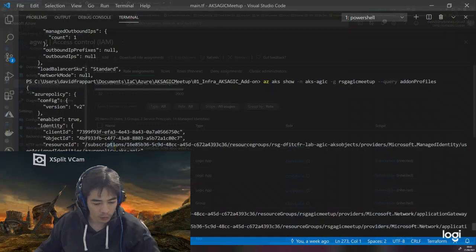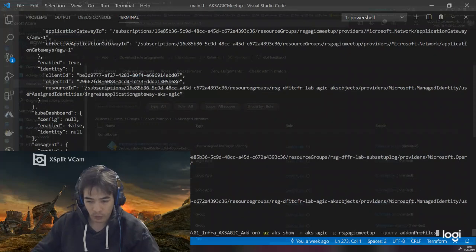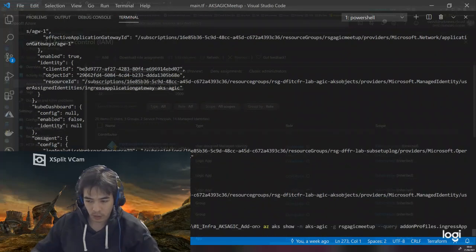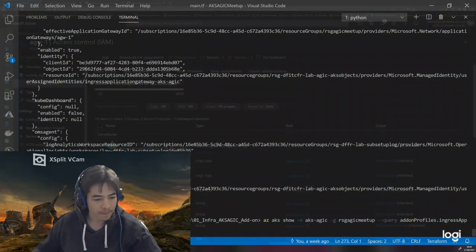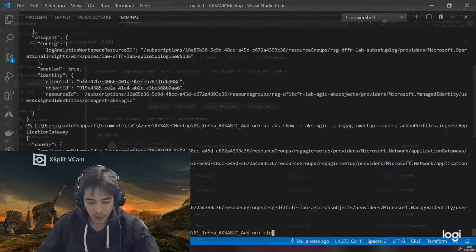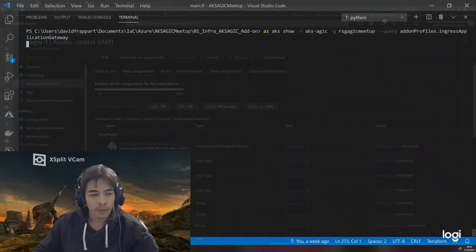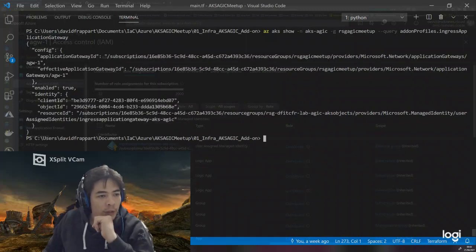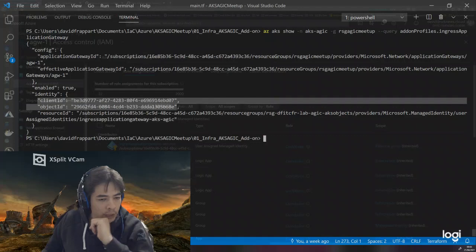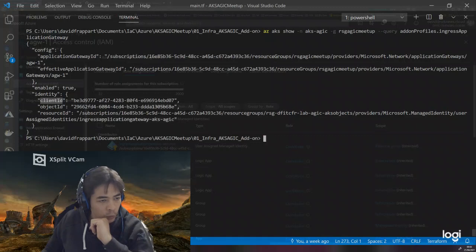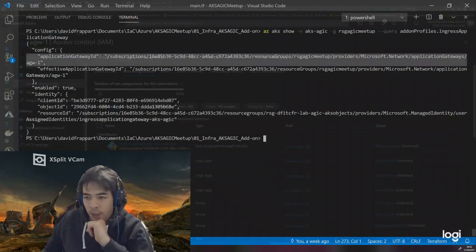This is the one I wanted. Okay, so let's do this one. Let me clear that. And the important point here is the identity, which is here. That's something that we get over there. The information on the identity. Okay, the application gateway ID, and that's pretty much for this configuration.